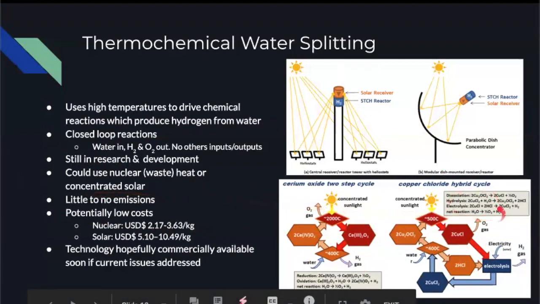I've shown the chemical reactions here too, but I'm sure this is all a little complicated. In more detail, this shows two examples of water splitting cycles. On the left, a two-step direct thermochemical cycle based on oxidation and reduction of cerium oxide particles. And on the right, a multi-step hybrid thermochemical cycle based on copper chloride thermochemistry, which includes an electrolysis step that